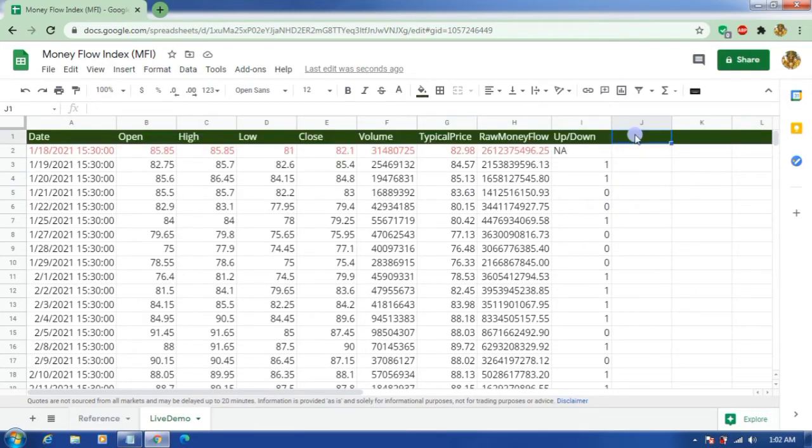So now we will calculate the 14 period positive money flow. How do you calculate the 14 period positive money flow? 14 periods is nothing but, you will count the 14 periods. So here let's change it to count. I will take the last 14 days of data. So this is 14 days. That means where do I need to start? This is the data for me, so let me highlight it in some color.